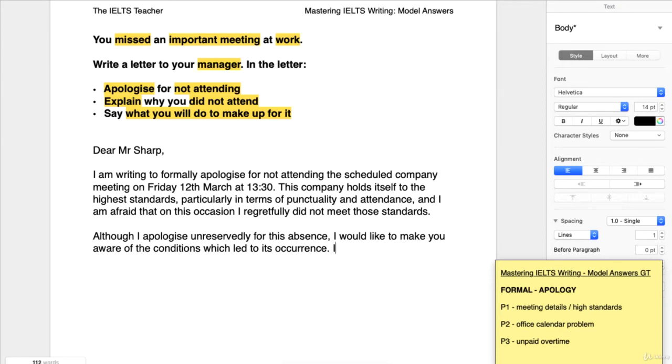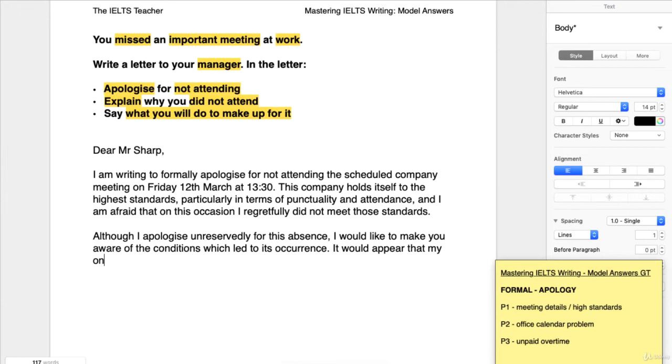Okay, a nice way to begin this explanation, not excuse, it would appear that. So the use of the language here suggests that we have worked out, or we have discovered that something happened, but it wasn't clear to us at the time. It wasn't obvious at the time. But now, looking back, this is what seems to have happened. So appear, similar to seem here. It would appear that,